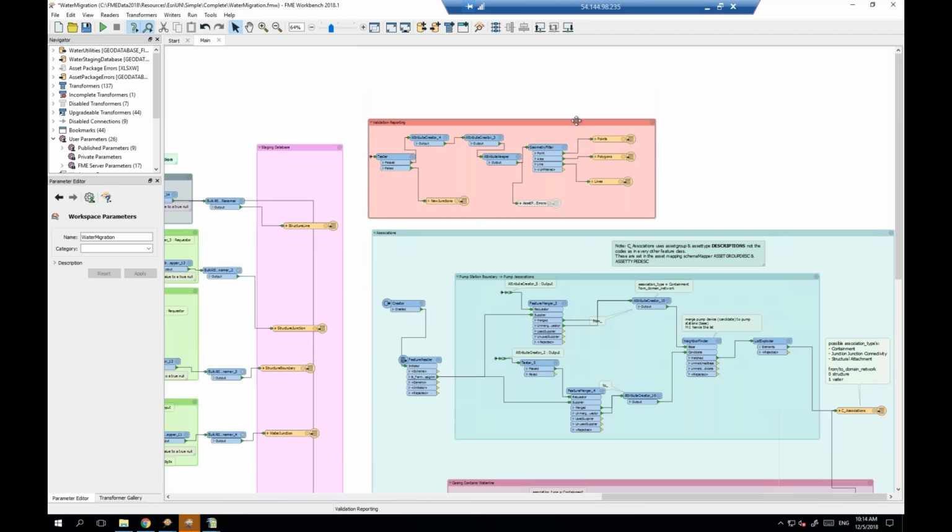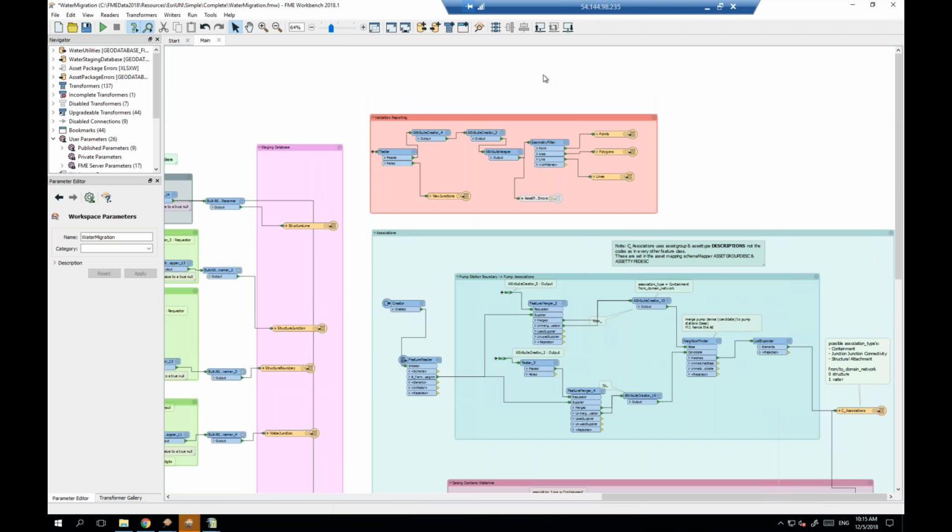Another thing that we haven't talked about yet is the QA. I've briefly mentioned it in a couple, like doing some test filters where we check to see if an attribute is missing, such as the asset group and the asset type. We try to flag any schema mapping errors and write them out to a redline geodatabase. That way you can actually see the geometry of the feature as well as the attributes. You can customize the reporting